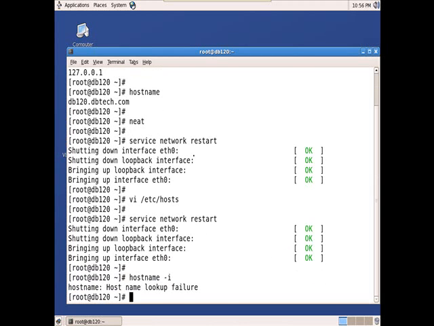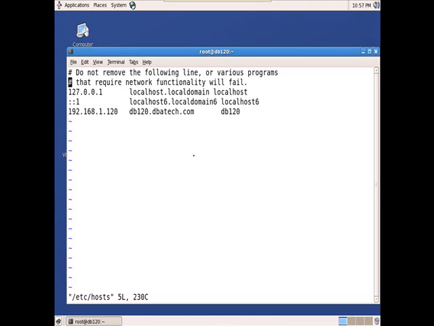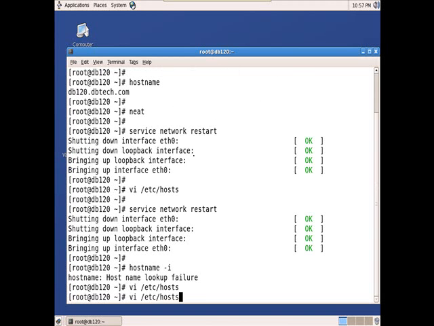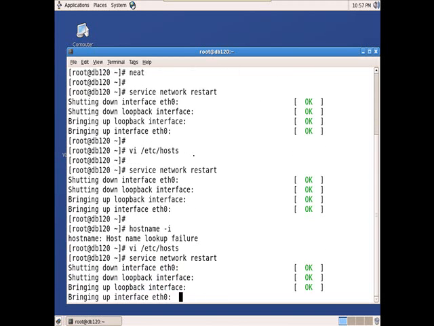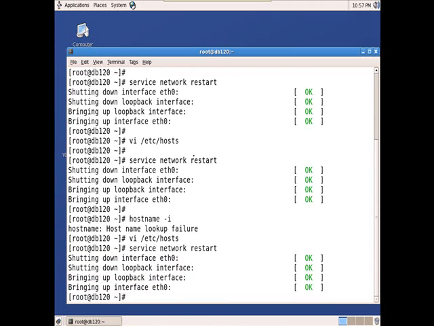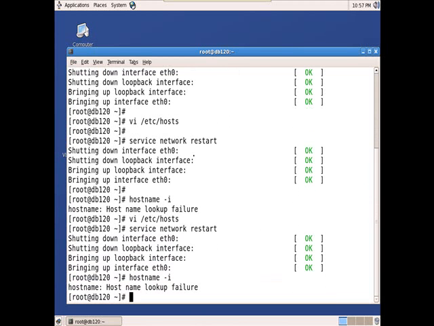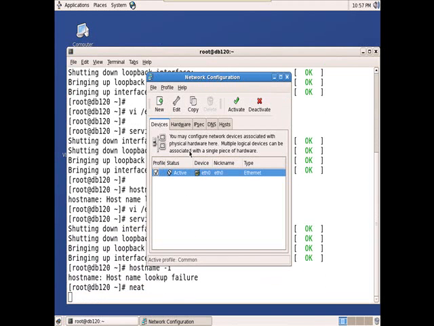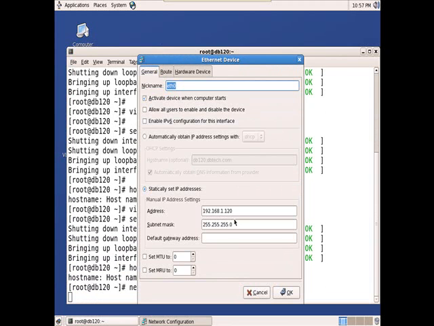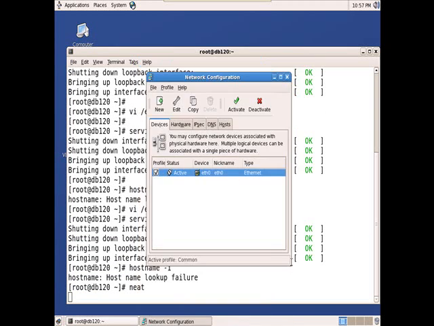A small mistake is there, just a minute. So, neat. Okay, the IP address is okay.